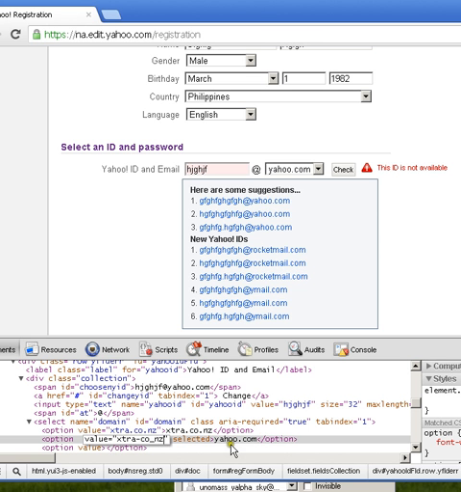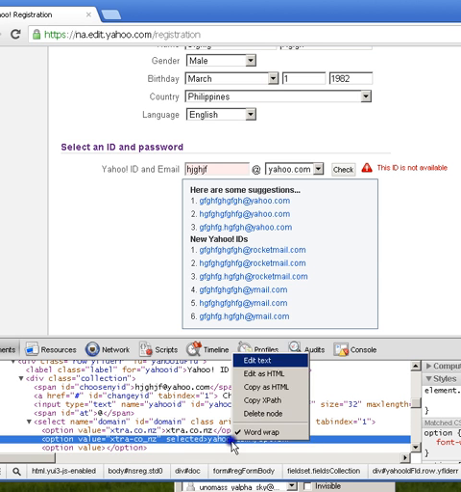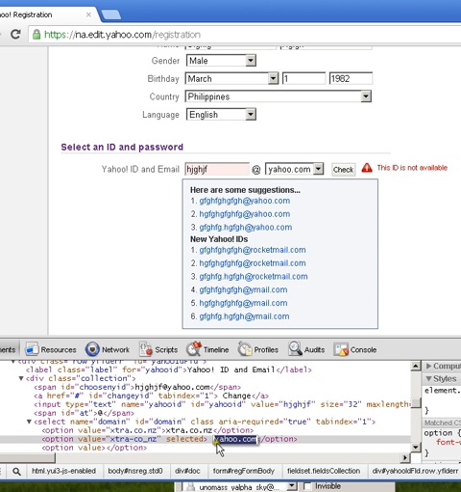Okay, and the other one, edit text. So for you to have no errors, it must be the same thing as this one here, same thing as this one. So it will be like that one. So there.